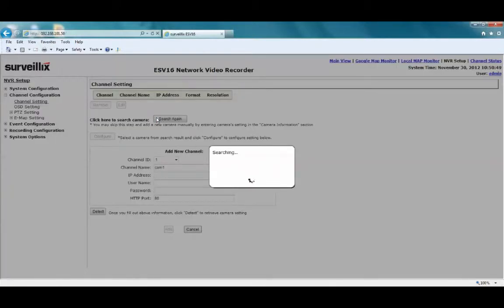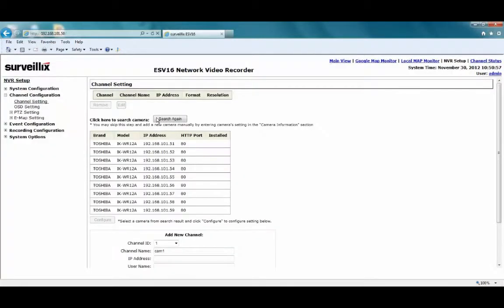searched for cameras before. It'll perform a search of all the cameras that are connected on your network, and it'll show up in this list. It'll show the brand, the model, the IP address, and the port number. So right now I just have 8 cameras connected. They're IKWR12As. I want to go ahead and click on the first one and click on the configure button, and